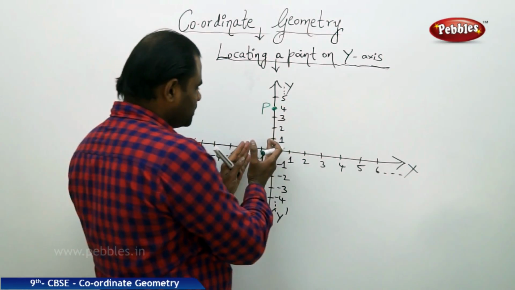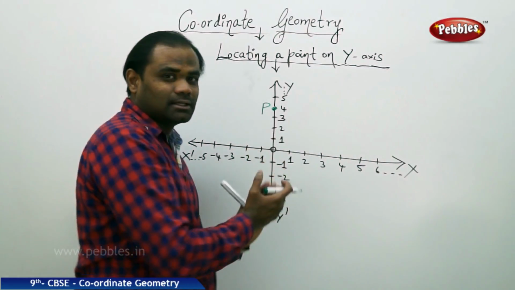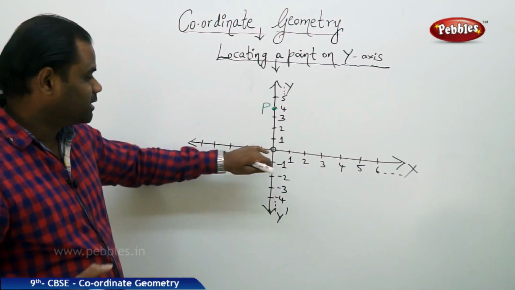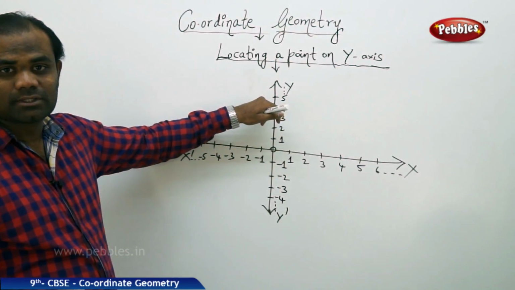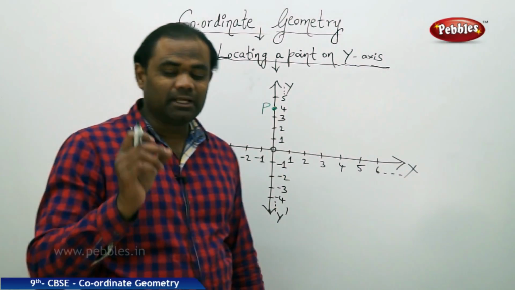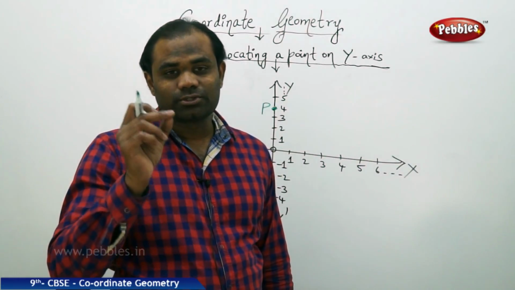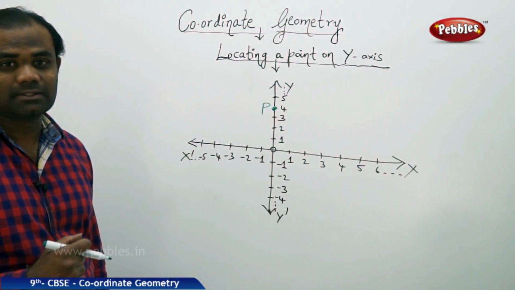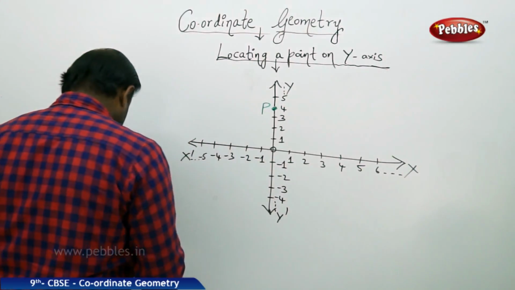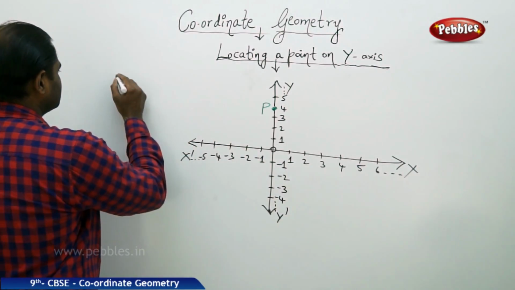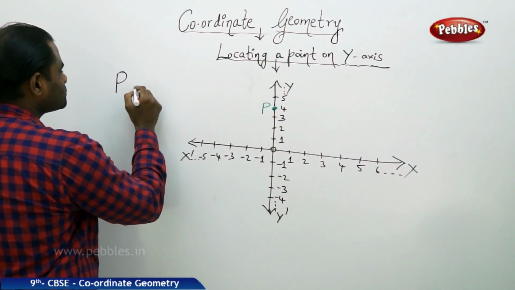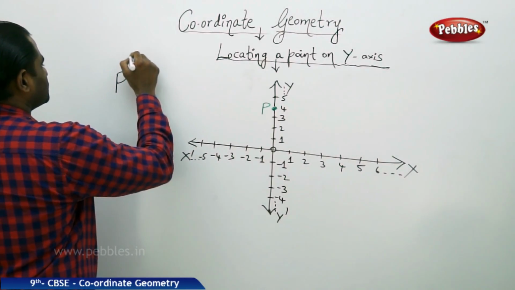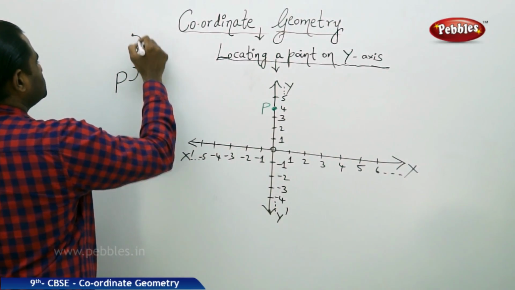Clearly, when I see this point P along x-axis, I see that this point, starting from its initial position, does not change along x-axis. It directly jumps up 4 units towards y-axis. So this makes me understand that there is no change in x, but there is a change with a jump of 4 units up in y-axis. Therefore, the coordinates of P, which jump 4 units to the top